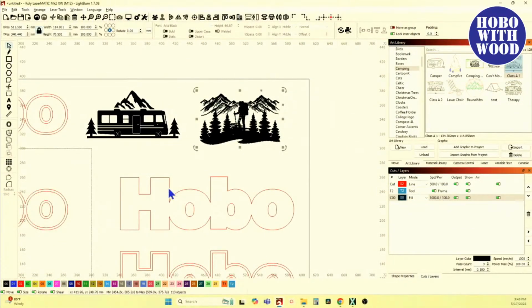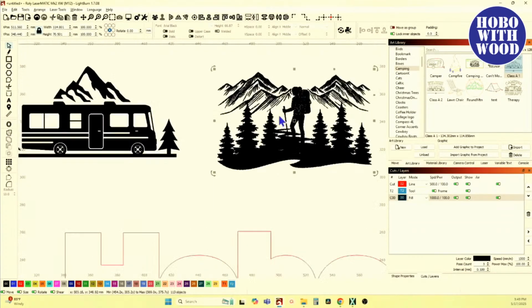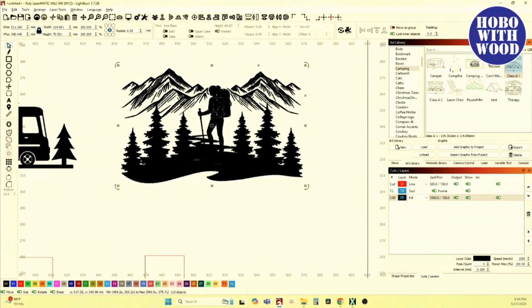All right, so I've got two images here, and now I'm going to share these with you and show you why I'm not a big fan of using images. All right, switch. All right. So if I wanted to make it a camping theme, and I wanted to do the RV and maybe a mountain scene, or this girl that's hiking,